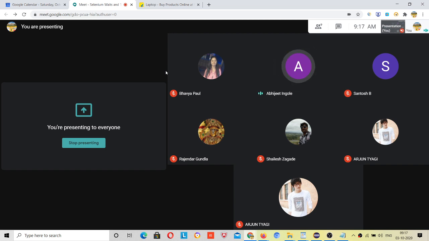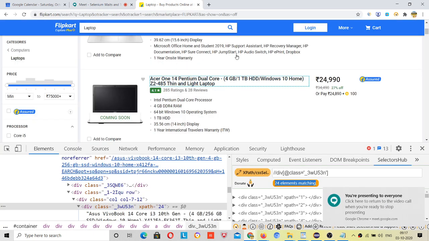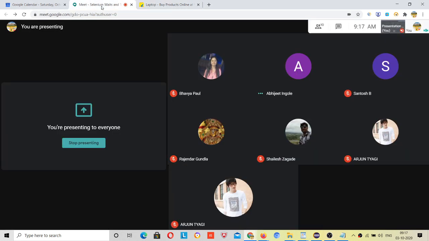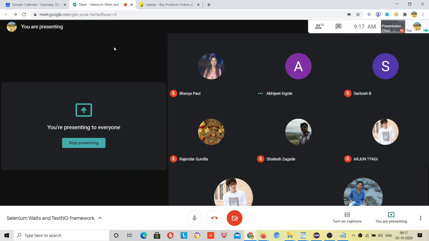Actually, page load timeout you can apply before any page that you are loading, right? And implicit wait simply means that it is applied for everything, right? Not only for this search button. This is applied for page load also, right? So if this page was not loaded within these 60 seconds, then it was failing this. So my page load timeout is not for your locator. This is just for loading the things.